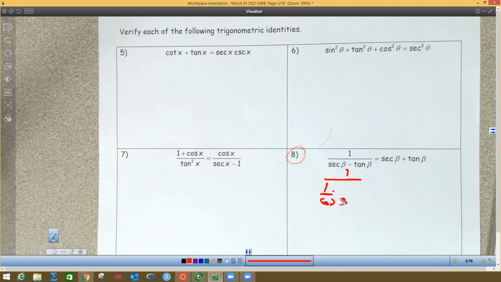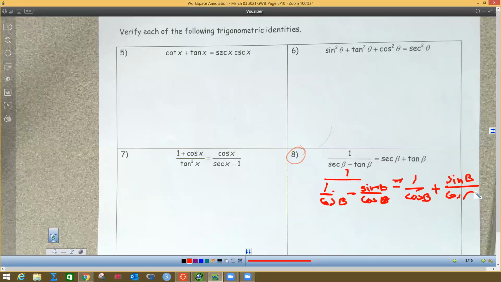That's a beta, by the way. It's another Greek letter. My pen is acting weird. I don't know why, but it's jumping around a little bit. So I got minus, tangent is sine beta over cosine beta. Then we're going to come up here and we get this side. This secant is also 1 over cosine. I'm working both sides again, and then this is plus sine over cosine, changing everything on both sides to all